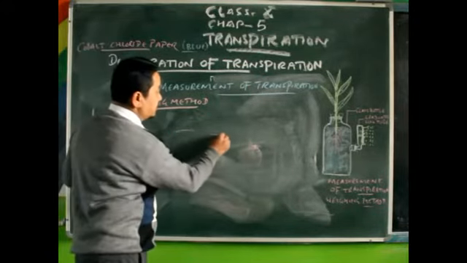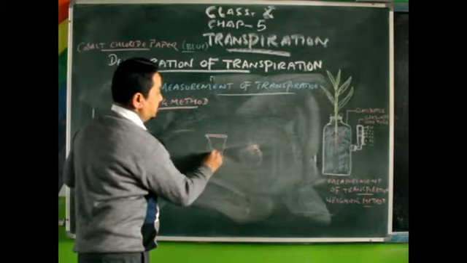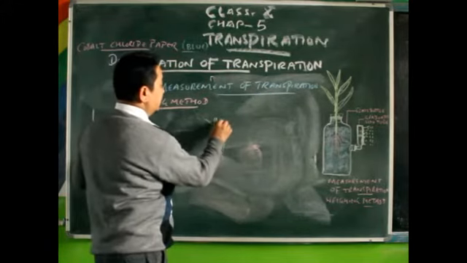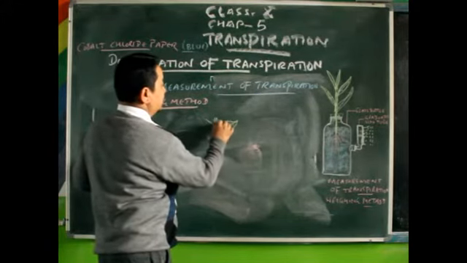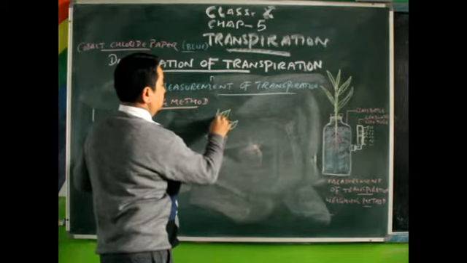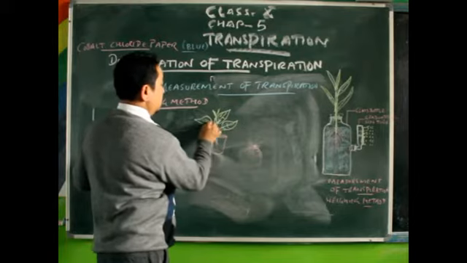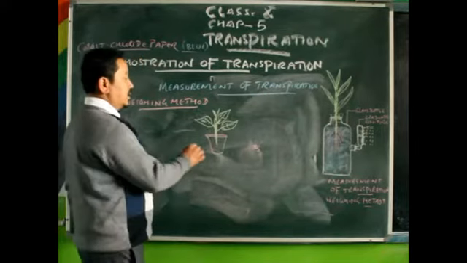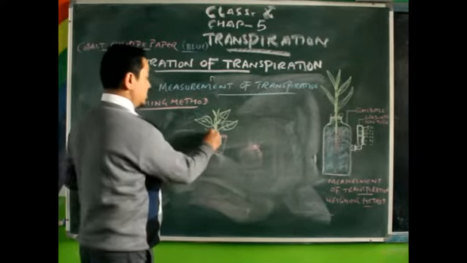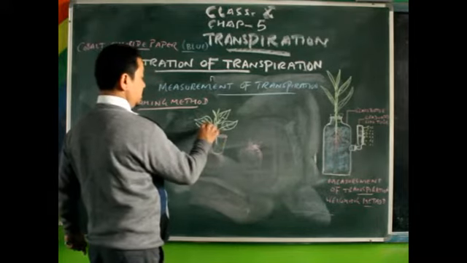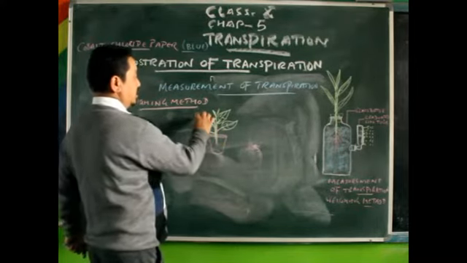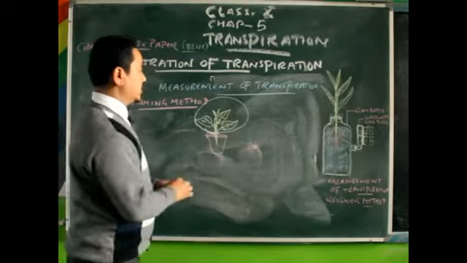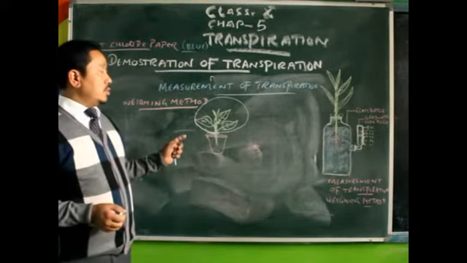In that method, what you do is you just take a medium-sized potted plant. Then cover it with the polythene bag again, like that. So that then what you can do is